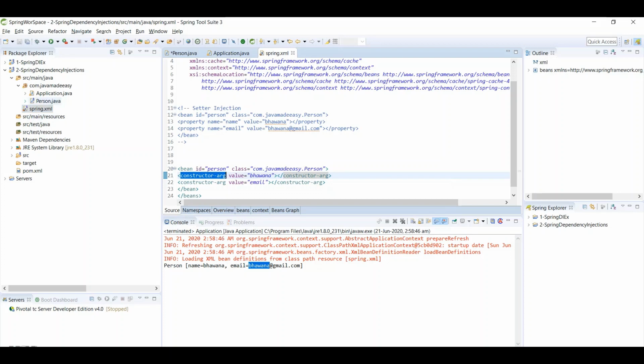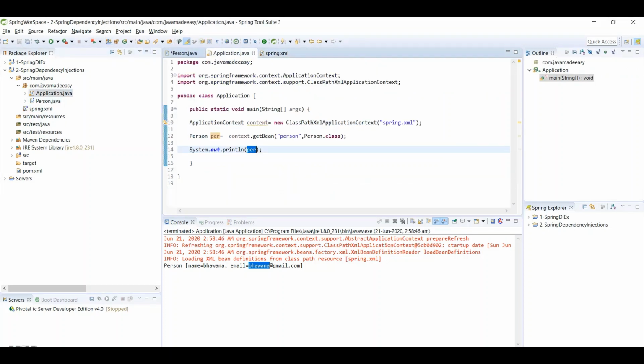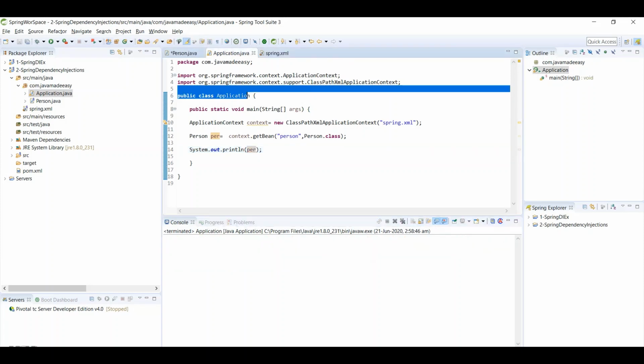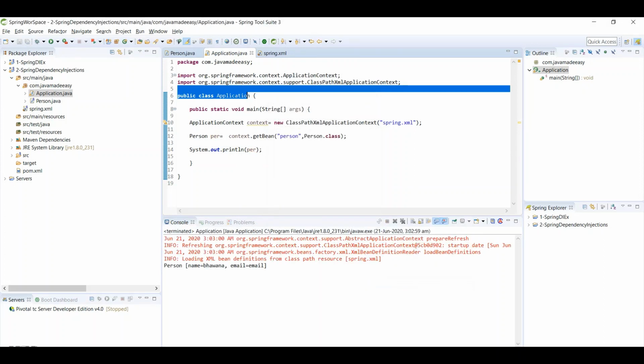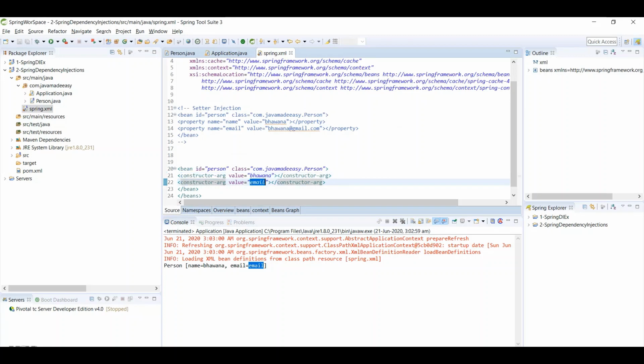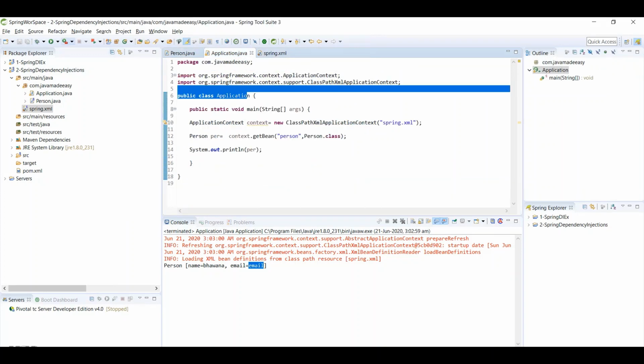Once it is done, I will go to the application class. I will clean up this output first. Now let me run it back. If you see, I got the name equal to Bhavna, and the email equal to this. So that means it's working fine because it gave me the proper values. So that means constructor injection and